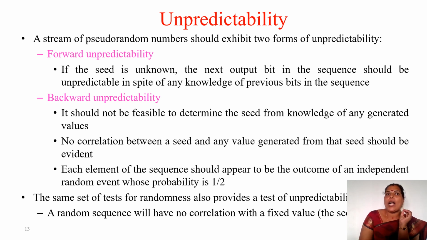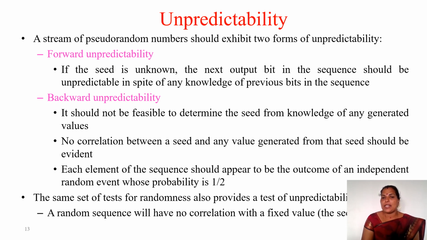Whatever the value in the seed, that is also a random number only. The seed value as well as the generated key value, there is no correlation between these 2 values, or whatever the value sequentially we are generating, for each and every value there may not be any correlation. That we have to check. Then only the attacker can't get the key value. So that is very, very important. So this is the unpredictability concept.